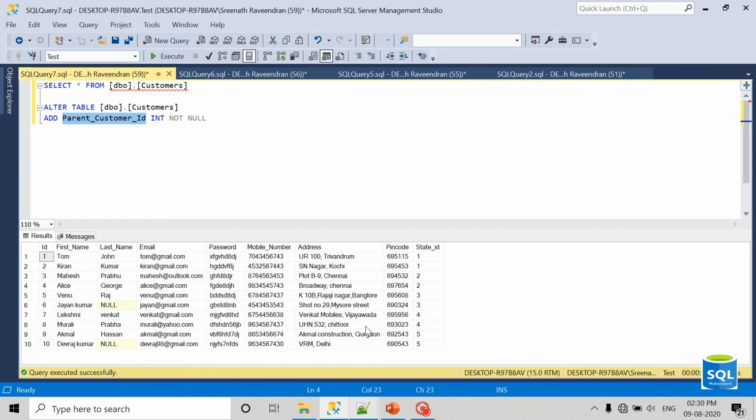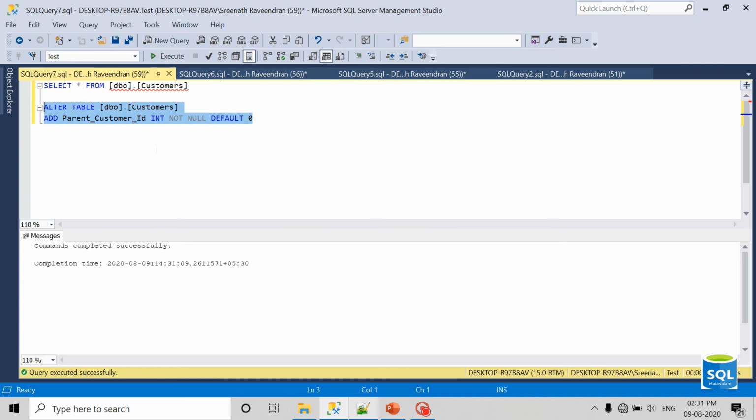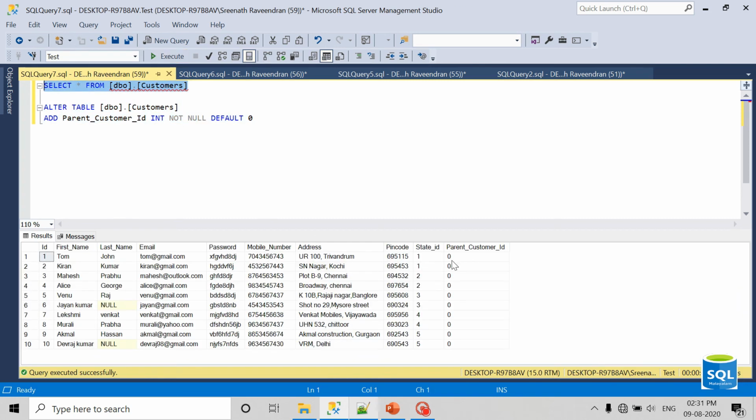So if I need to add a NOT NULL column, it will not allow it unless we specify a default value, DEFAULT 0. Then just execute it. Yeah, it got added. We can see the parent customer ID got added with the default value 0. Otherwise, we can add a new column without specifying NOT NULL. It should be a nullable column.